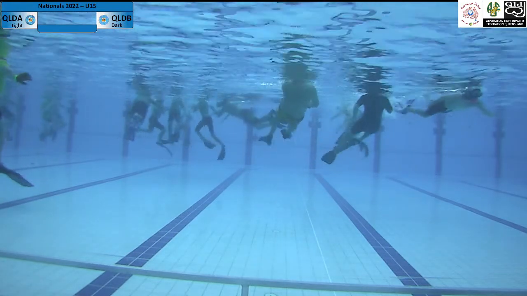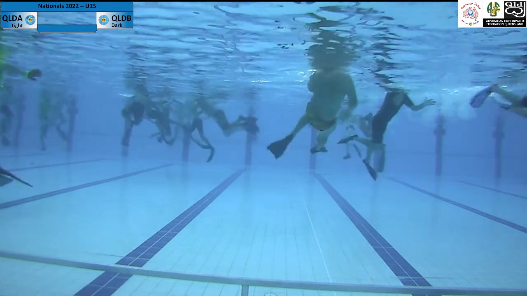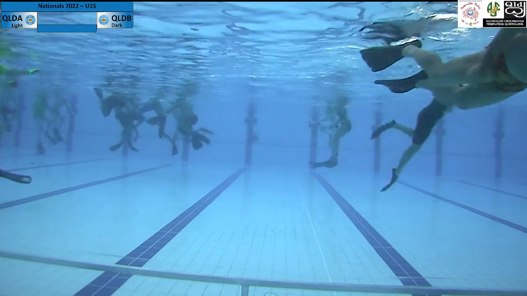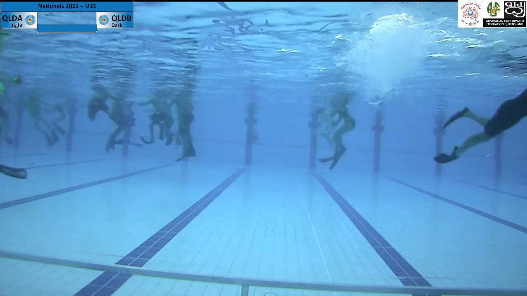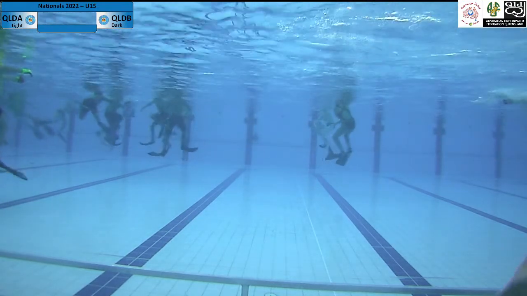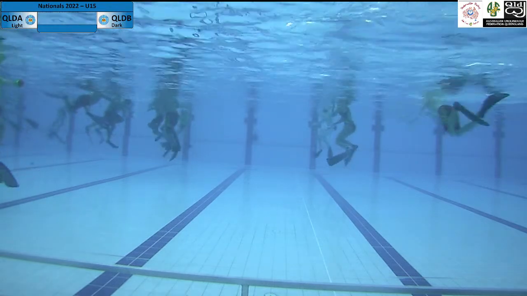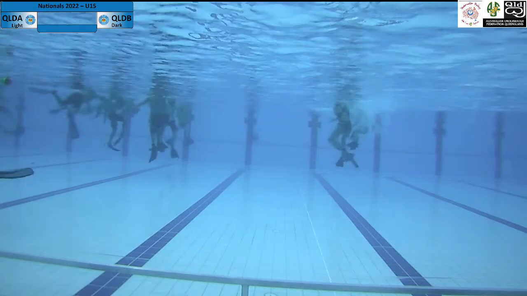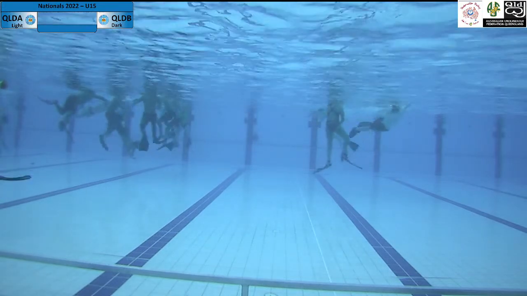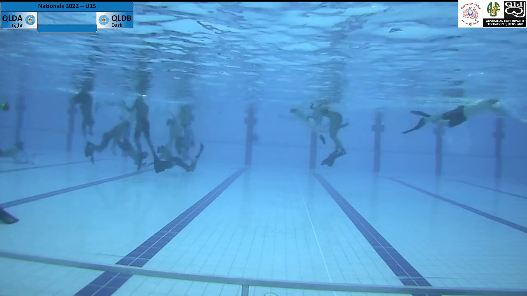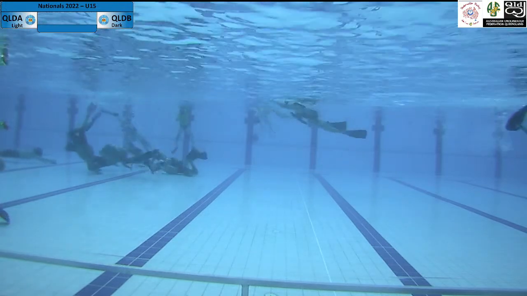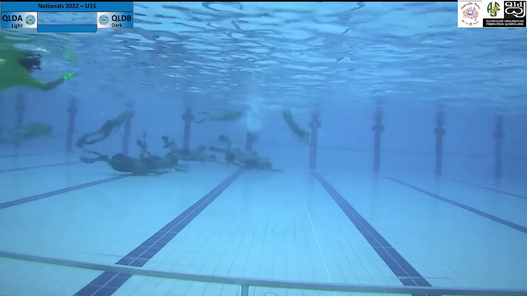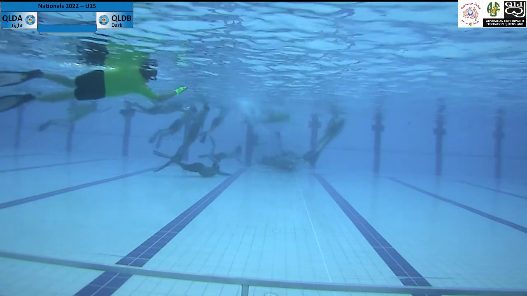I commentated the under-15s final. It looks like the other team has called a timeout. Yep, so both teams have used up their timeouts now in the first half. I commentated the under-15s final last year in Hobart between, if I'm not mistaken, Queensland and Victoria, and the skills of the Queensland under-15s back then really stood out to me as a commentator from the commentary box, and I'm just getting the rhythm of this game.